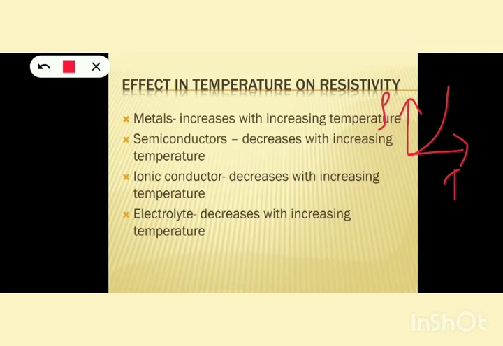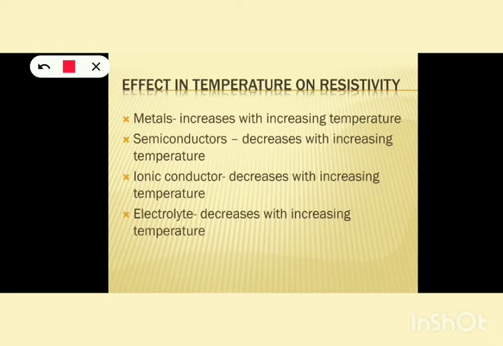Okay. Next we can discuss semiconductors. So what do you mean by semiconductors? It stands in between metals and insulators. At room temperature, semiconductors behave like insulators, and when they get energy, thermal energy, or when the temperature increases, the semiconductor starts to conduct. So this is the property of a semiconductor. At room temperature, it is an insulator. When the temperature increases, it starts to conduct. And we will learn more about semiconductors towards the end of this year.